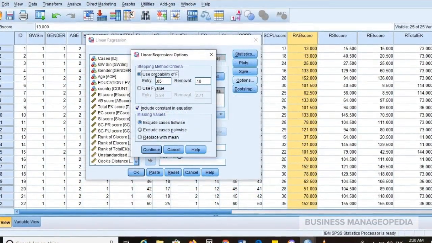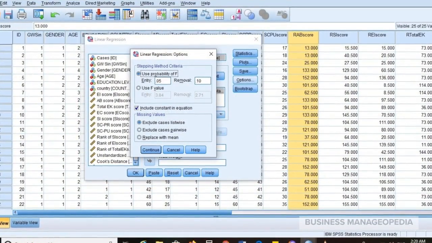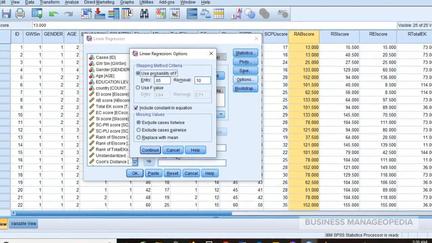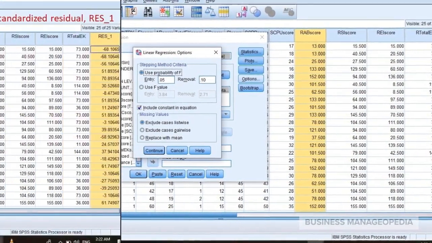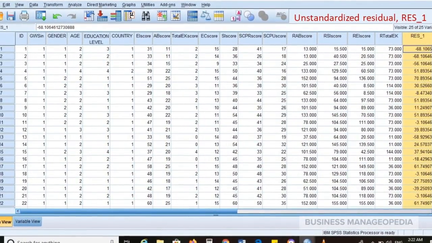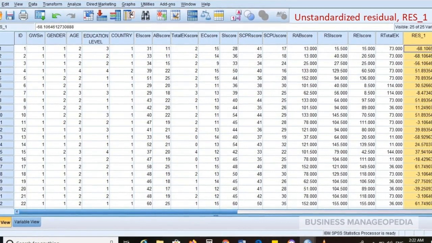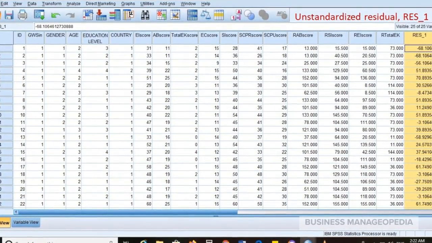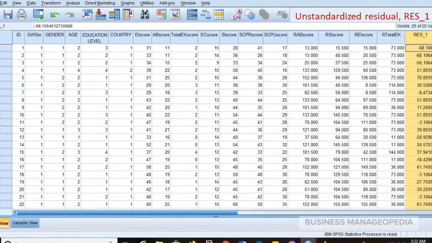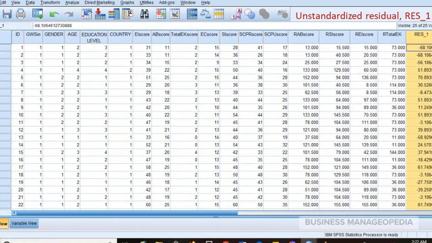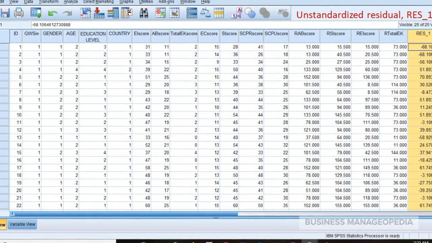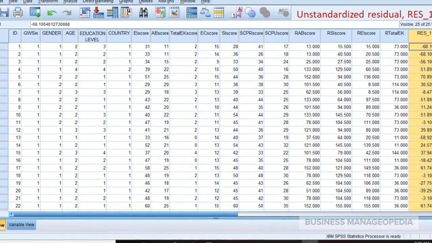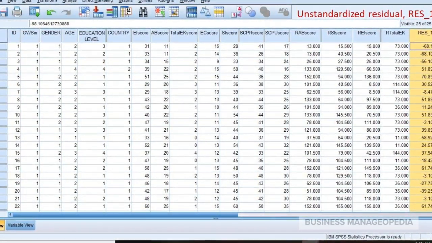In the Options setting, we will select use probability of F and exclude cases listwise. When we hit Continue and OK, a screen like this will appear, where we will get a new column named RES_1. That is the saved unstandardized or raw residual, which we are going to use in step number 3.